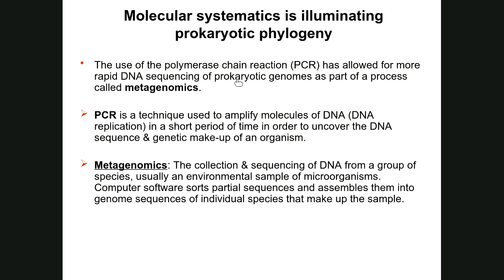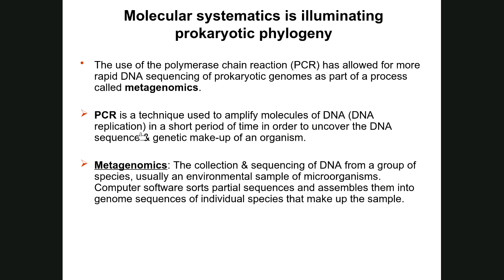What is molecular systematics? Molecular systematics consists of a process called metagenomics. Metagenomics involves techniques such as PCR, automated DNA sequencing, and the use of computer software with algorithms that can help compare the DNA sequences of genomes of various prokaryotic organisms. PCR stands for the polymerase chain reaction, and simply put, it's DNA replication